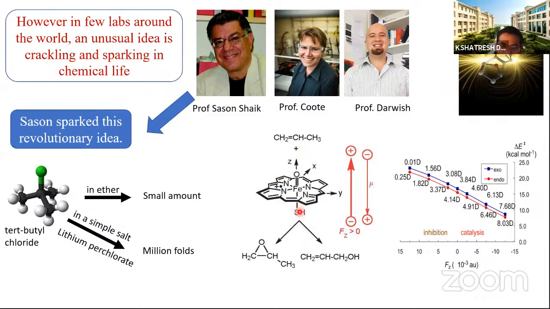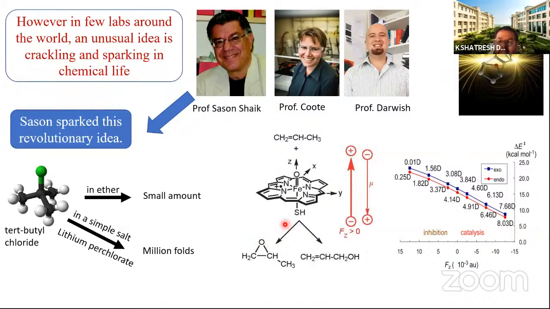not along the axis of rotation, but somehow sideways, he found something different with this compound. As you can see, this is one type of alkene. So whenever he applied the electric field along the axis, he got the oxidation of this alkene. But whenever he applied the electric field from the side, it was not giving the hydroxylation, but some type of epoxidation.